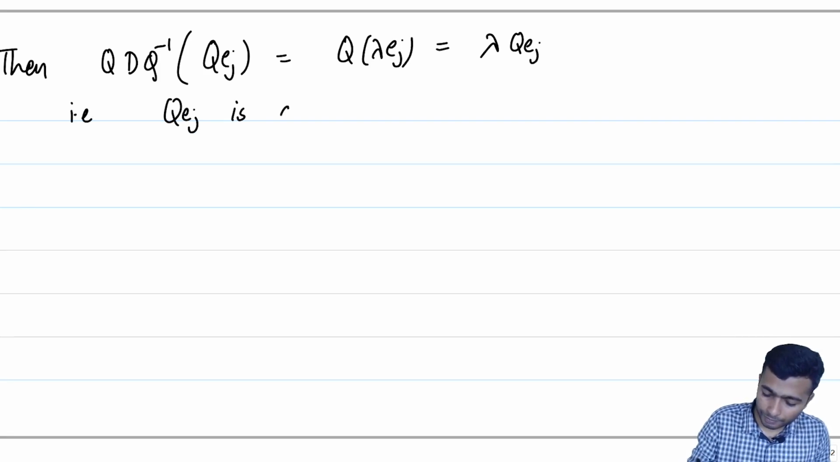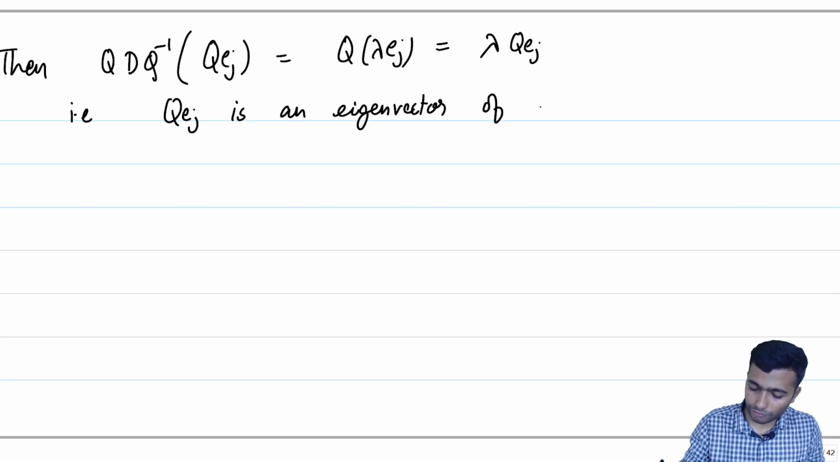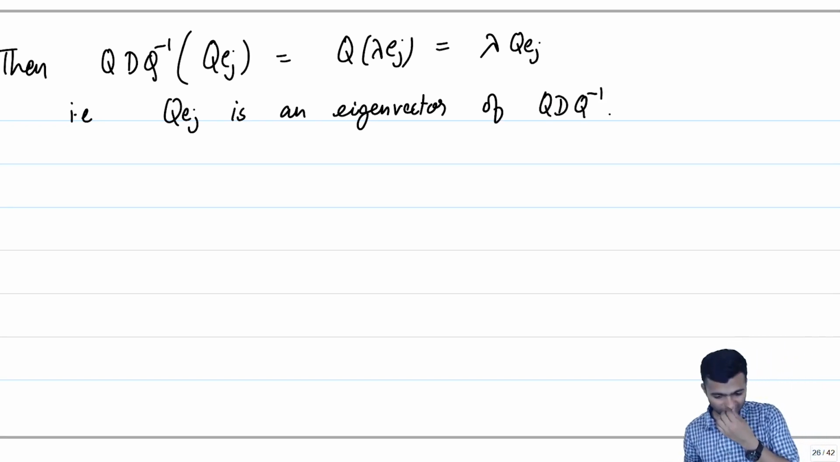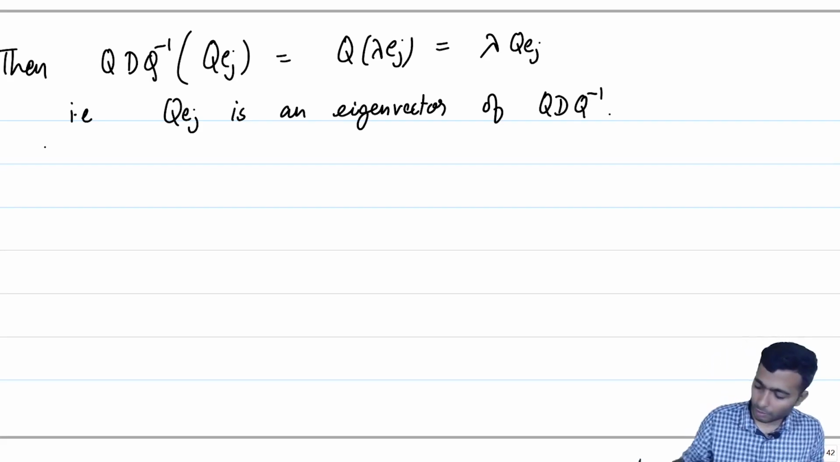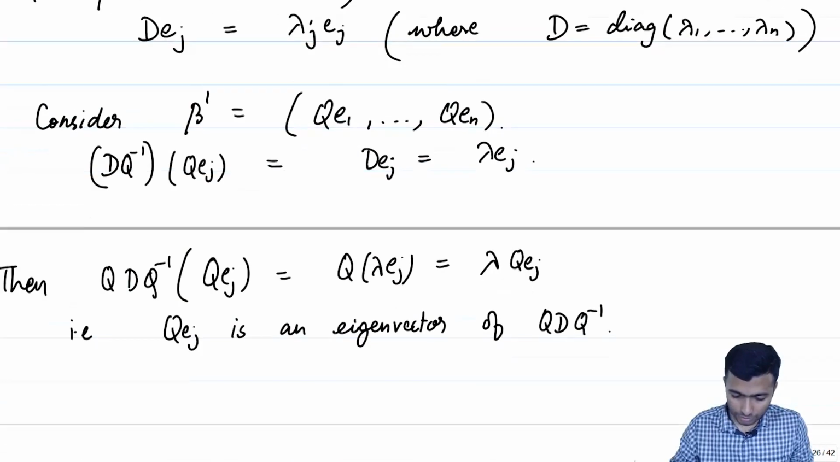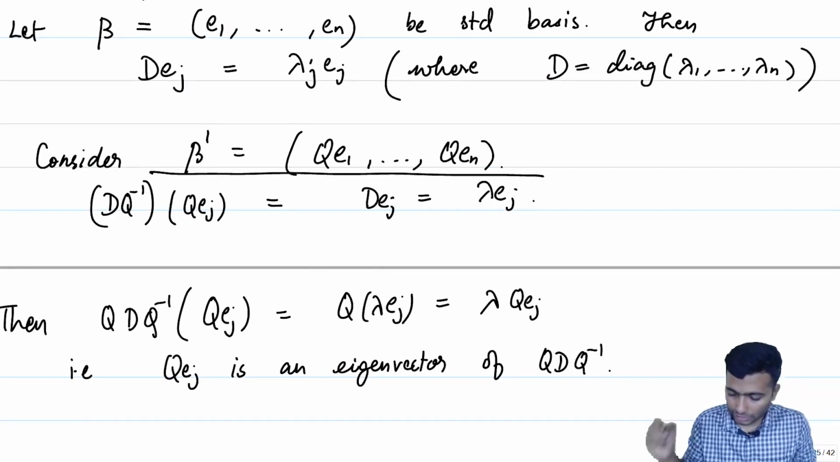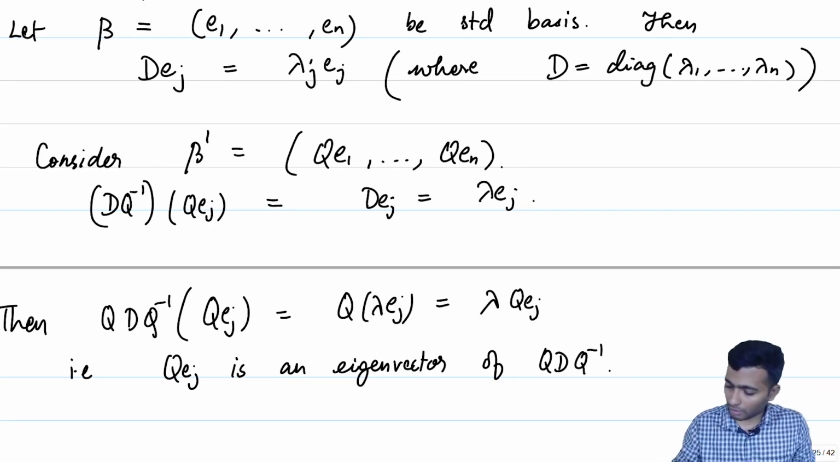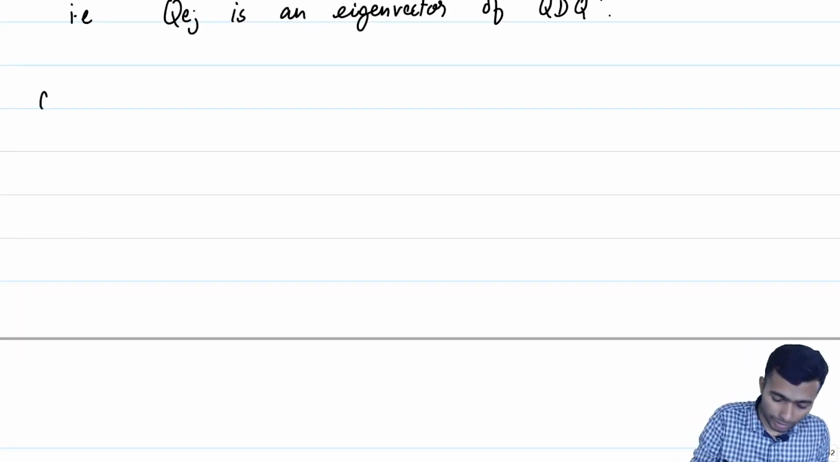QEj is an eigenvector of QDQ inverse. So, what do we have now? Beta prime is a set. Recall that beta prime is a set consisting of eigenvectors of QDQ inverse. But let me put a claim down. This beta prime is a basis